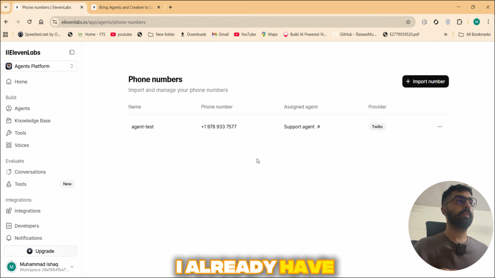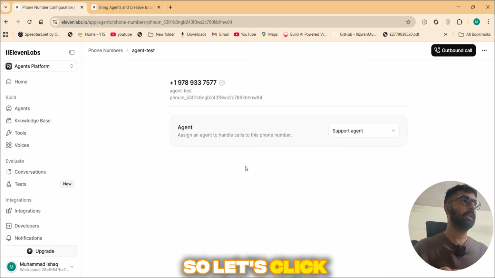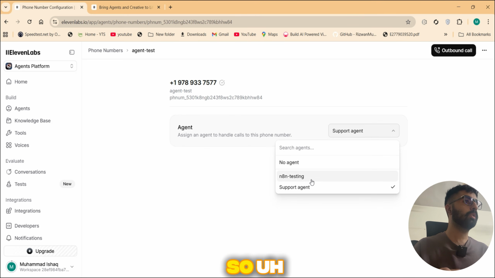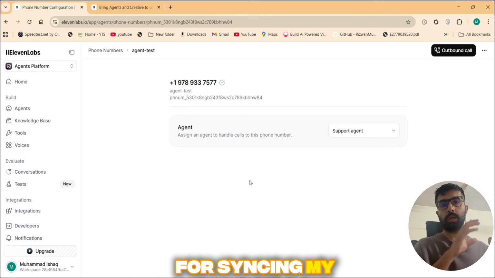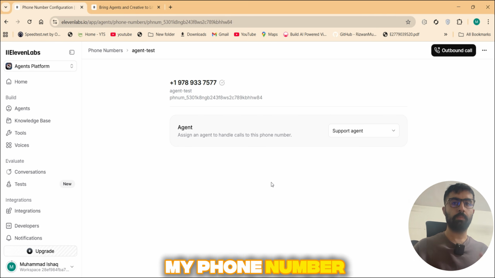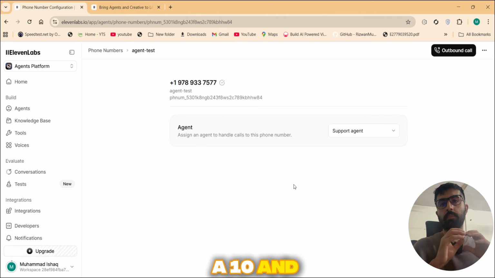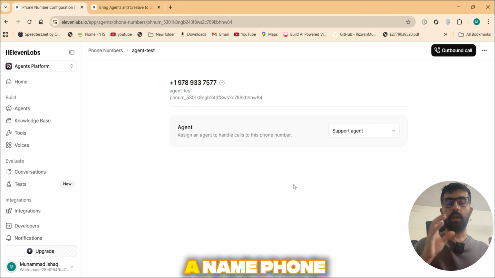So I already have configured the support agent with my Twilio number. Let's click on this, and this number has been successfully linked with my support agent. The support agent is the one I created for syncing my Twilio number, to make an outbound call to my phone number. So let's go to n8n and make a simple workflow